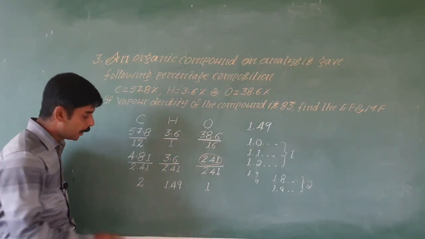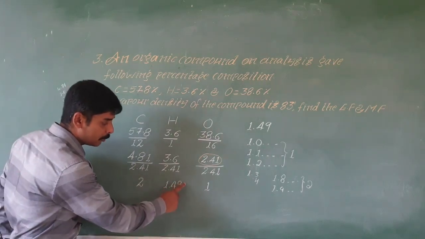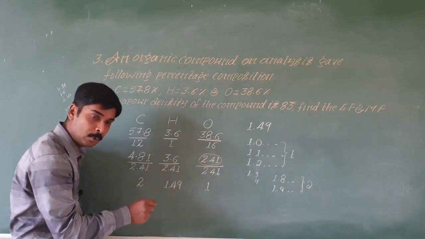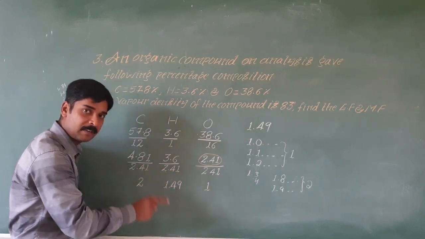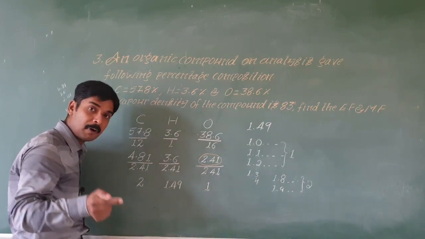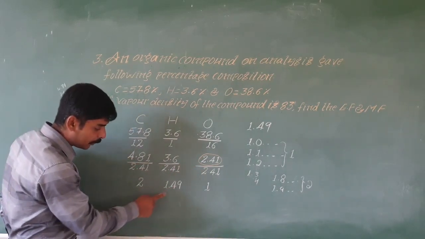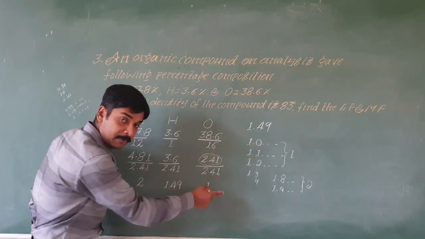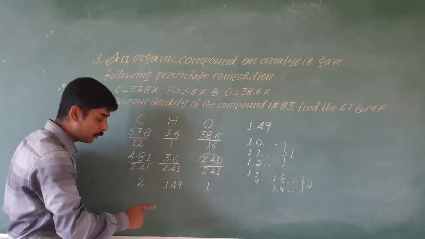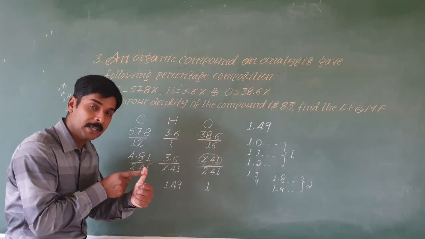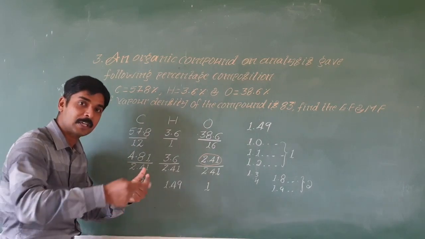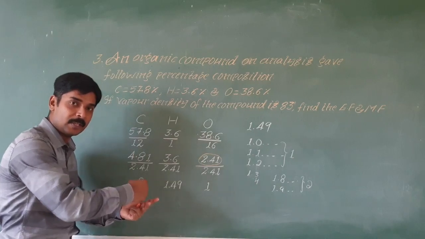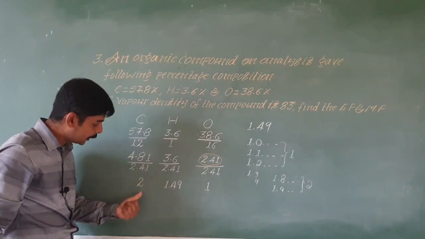First, you must multiply by 2 and see. You must multiply all these numbers by 2. When you multiply all these 3 numbers by 2, if you get a whole number, then fine. If after multiplying by 2 you don't get a perfect whole number, then you have to multiply by 3 and see. If after multiplying by 3 you don't get a whole number, you have to multiply by 4. So you have to start with 2 and see whether you will get a perfect whole number, then try 3, and next you have to do it with 4. When you multiply by 2, 3 or 4, definitely you will get a perfect whole number.